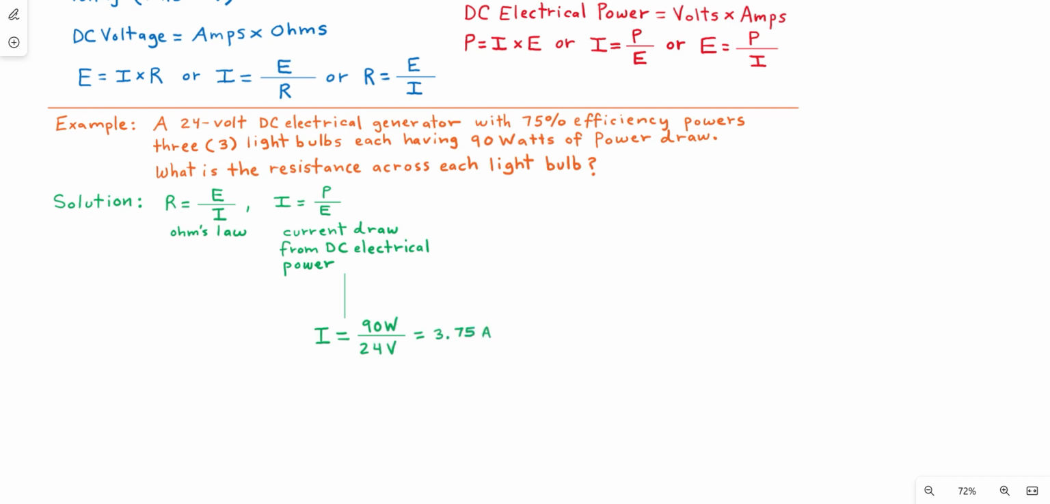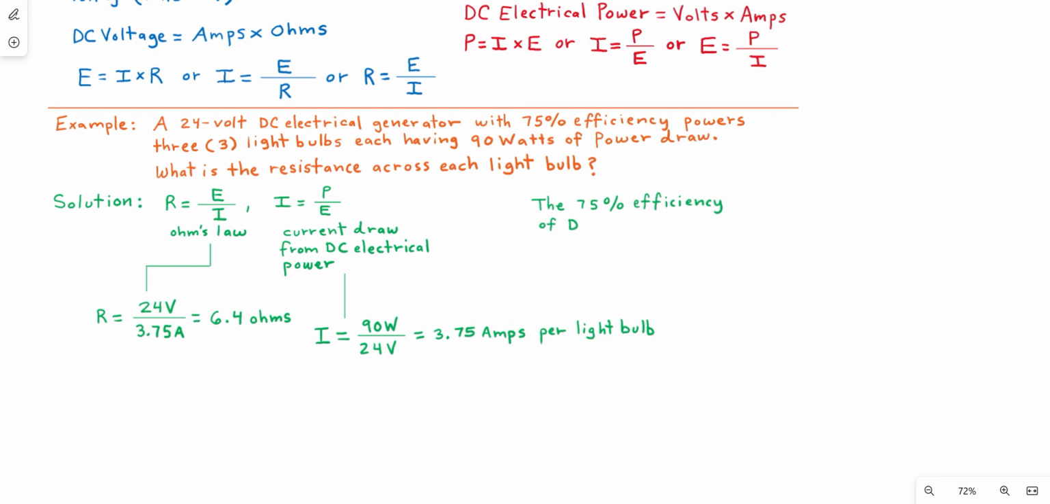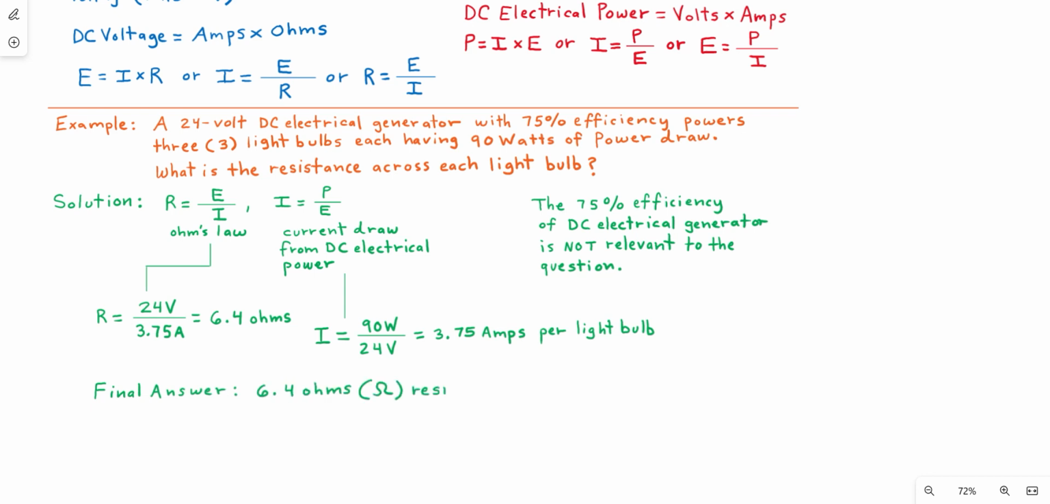So we can simply divide the 90 watts into 24 volts to compute 3.75 amps per light bulb as the current draw, and then simply take the source voltage and divide it into the current draw per light bulb to compute 6.4 ohms. As for the 75% generator efficiency, this piece of information is not relevant to the question asked, so that is actually omitted. However, there may be a follow-up set of questions or a question which asks to compute the mechanical